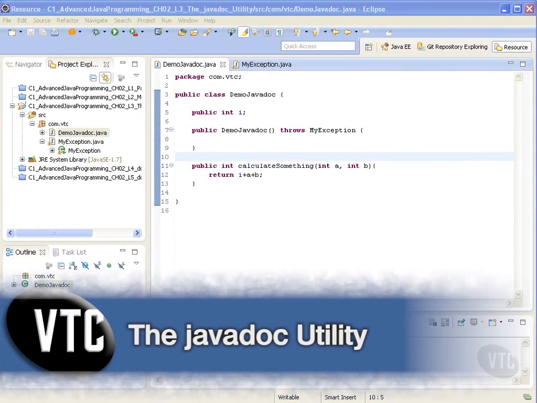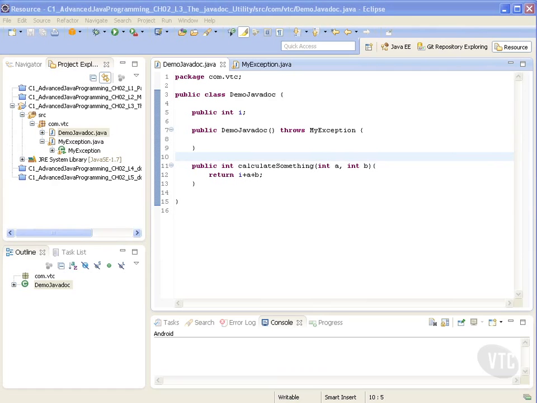In this video, we will review the javadoc utility, available within the Java programming language. You should already have had exposure to the javadoc utility in the VTC course Java 7 Language Basics, so we will quickly be reviewing it in more depth. The javadoc is a tool that generates HTML documentation from javadoc comments in the code. We will go over how to write basic javadoc comments and how to use features of javadoc to generate HTML